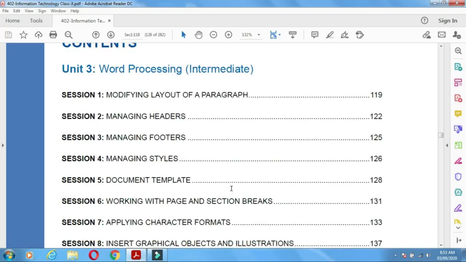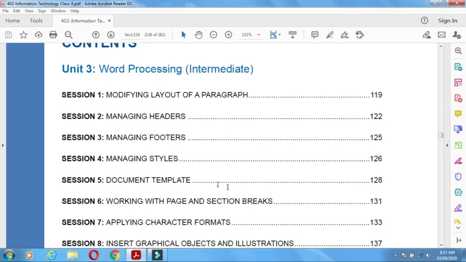All these are called functions provided by Word, and we utilize these functions to format our document professionally.